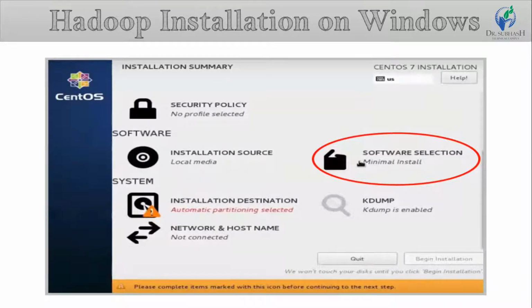Now you will see the following window. For one, select the server with GUI option to give your server a graphical appearance, and second, click on done. After clicking on done, you will be taken to the main menu where you previously selected software selection.